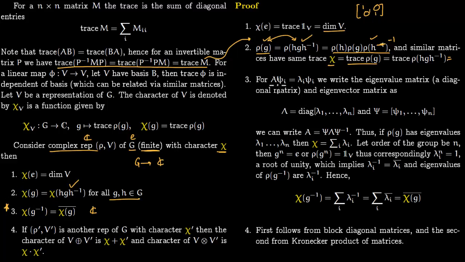So again, for eigenvalues for a matrix A, you write it like this. So this psi i is the eigenvector and this lambda i is the eigenvalue. Then you can consider all these eigenvalues and the corresponding eigenvectors. Then you can have two matrices. One matrix is this big capital lambda,